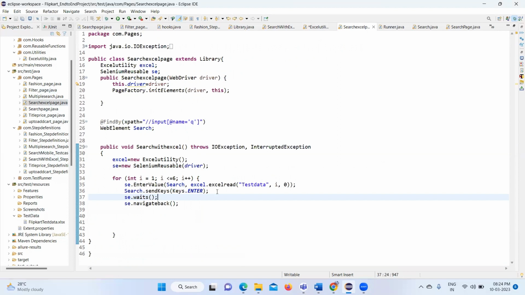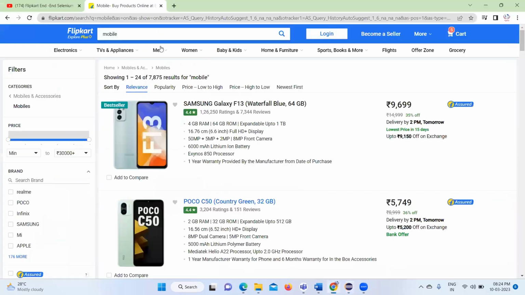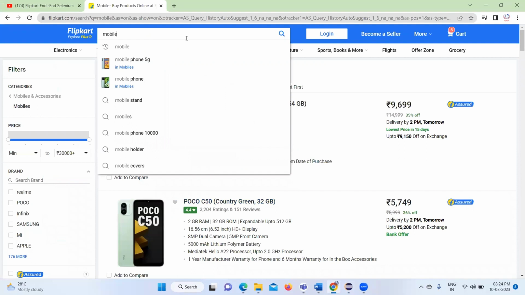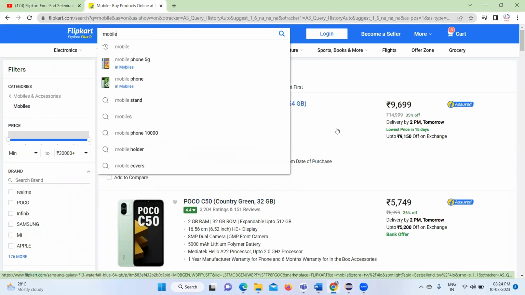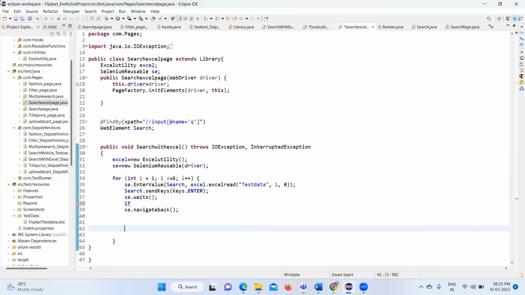Now I'm going to add if else. Suppose I search Flipkart, and it goes to the next page. If that page is displayed, put it as pass, otherwise put it as fail. Like that, I'm going to set one condition here. So for that,